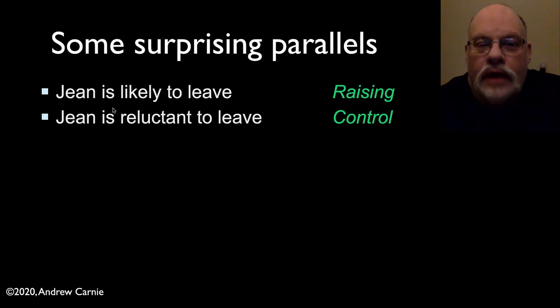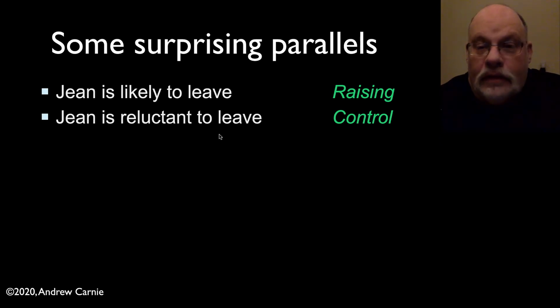Now if you look at the next sentence, this looks extremely similar, right? We have a noun, we have the copular verb, we have an adjective or adverb, and then we have a non-finite clause that follows. So you would think that these two sentences really involve the same set of phenomena. But if you think about the meaning of the second sentence, Jean is reluctant to leave, there's actually an important difference here. That difference is that Jean is, first of all, an argument of leaving, just like the raising sentence, but it also seems to get a theta role from reluctant. So Jean appears to take an experiencer role from reluctant and an agent role from leave. So Jean is in fact reluctant in ways that Jean is not likely.